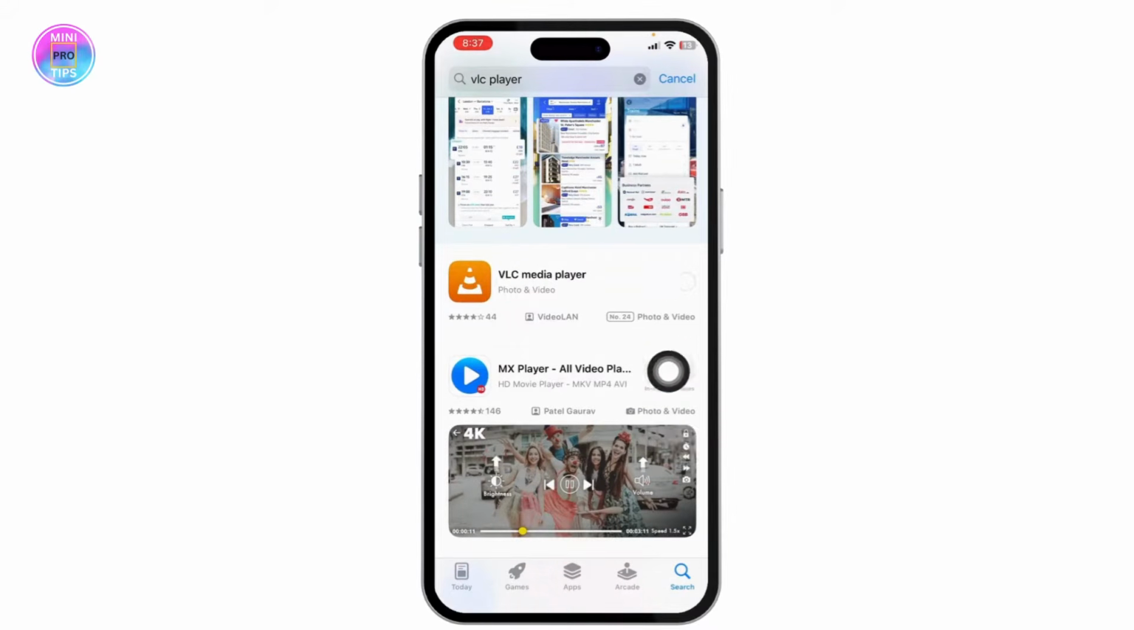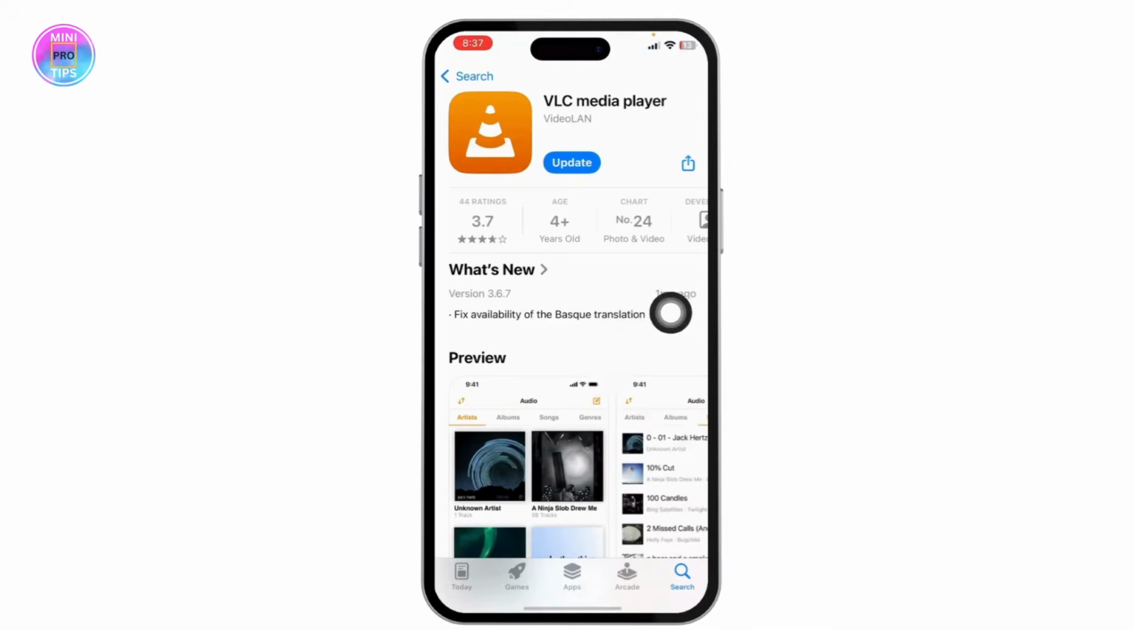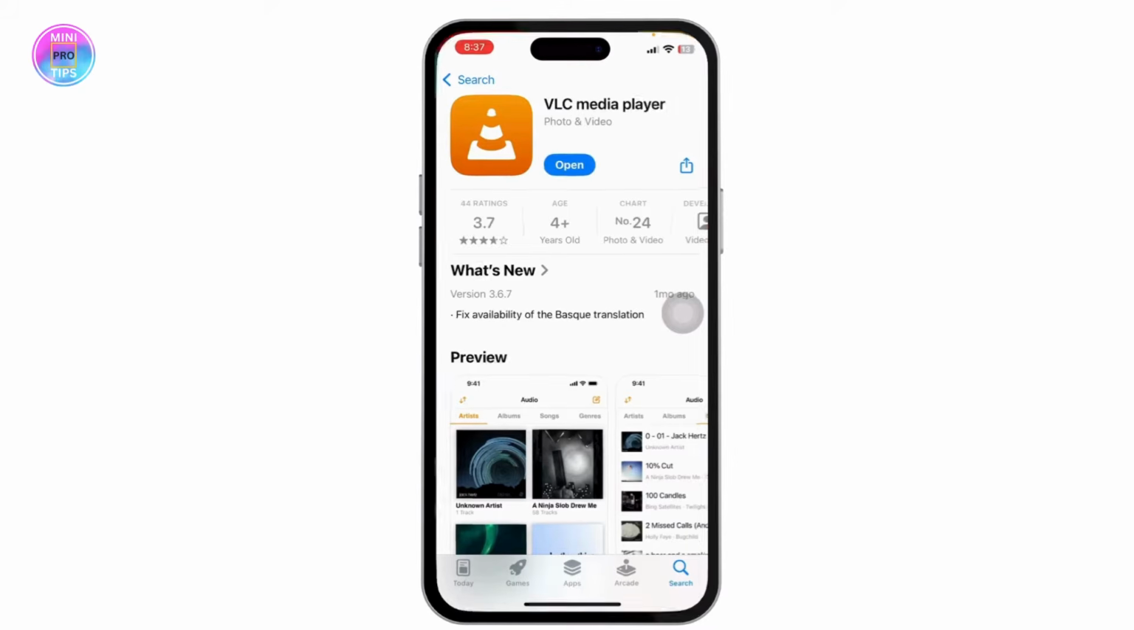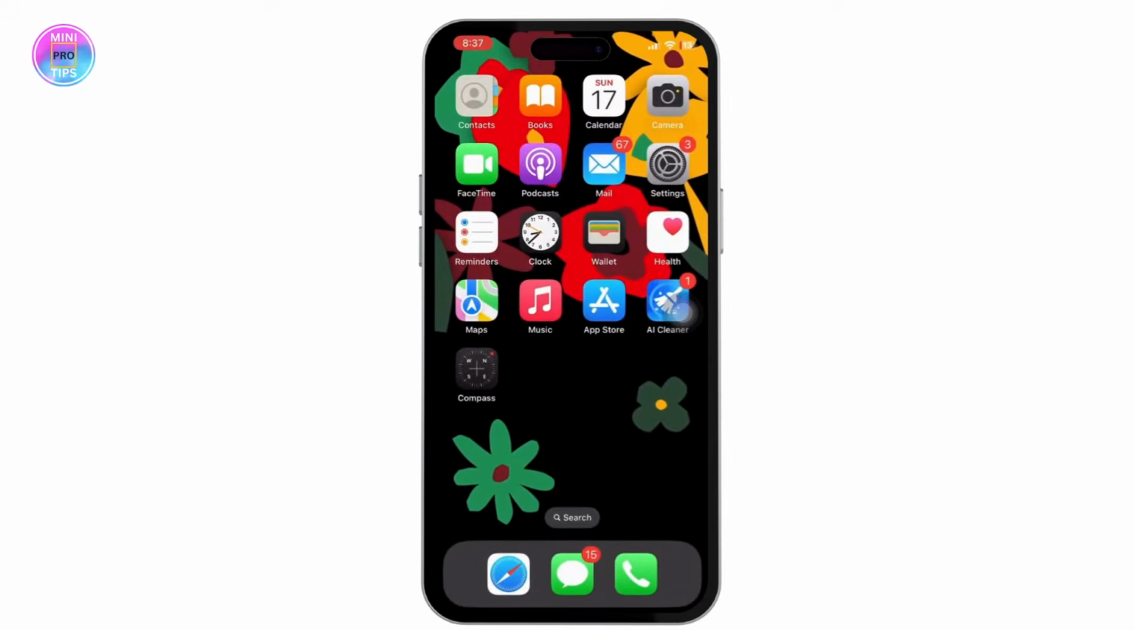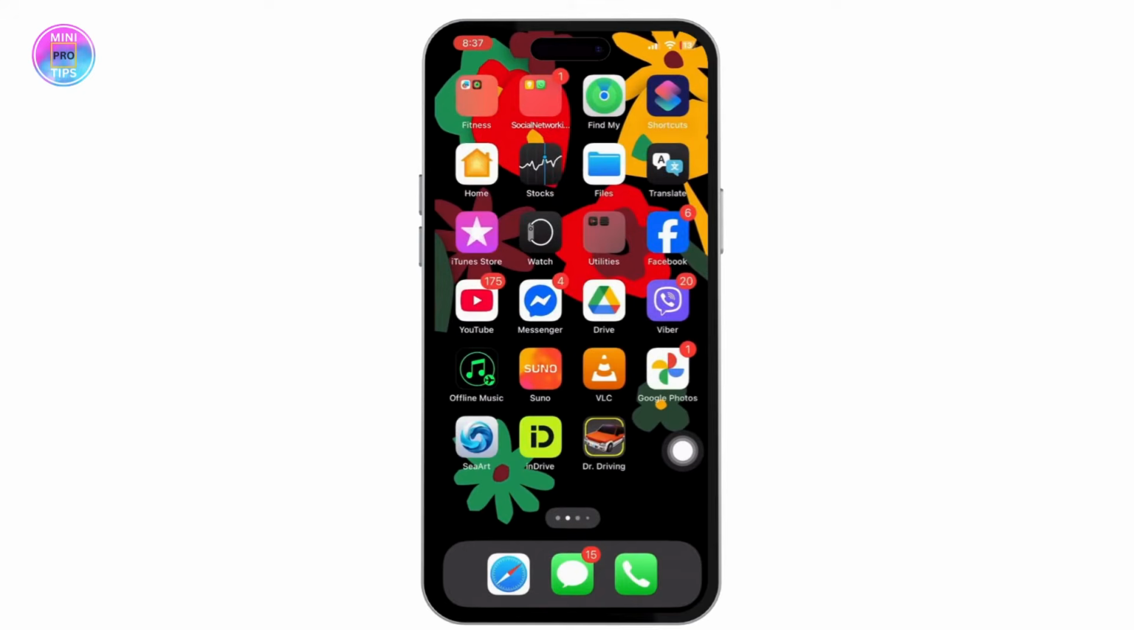If you haven't updated the application, you can do so by simply coming over to your App Store as well. So let me just quickly do that. Make sure you have successfully installed and opened the application. So once you make sure of the installation of your VLC media player, the next thing you want to do